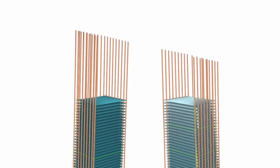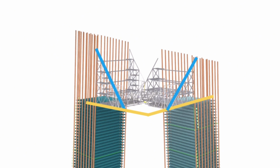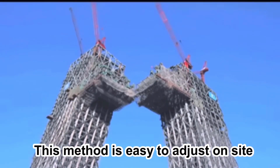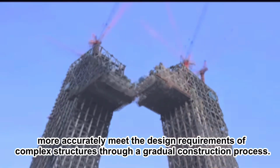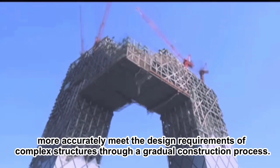As you can see, during cantilever construction, a horizontal member is supported through a diagonal member, and construction of two independent cantilevers is carried out. In this process, the lowest part of the cantilever is assembled first, and then construction of the remaining part proceeds. This method is easy to adjust on site and can more accurately meet the design requirements of complex structures through